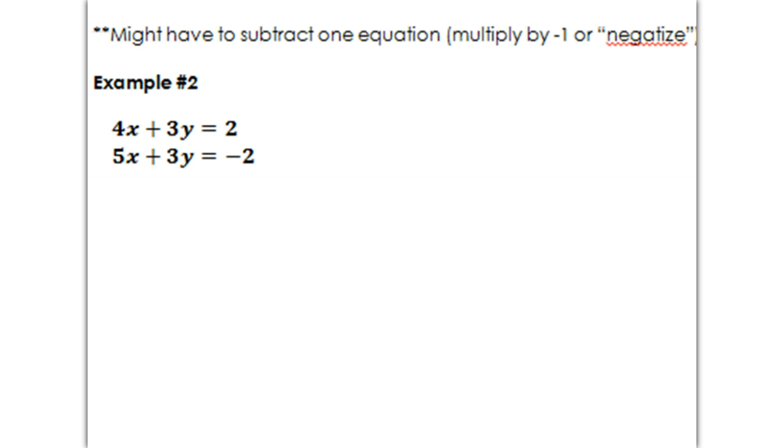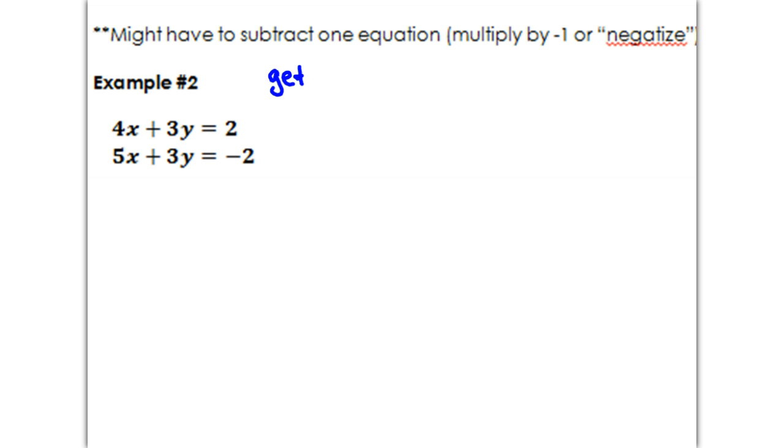So now we'll look at the second system of equations, and here we'll actually have to do a different type of thing. It says we might have to subtract one equation, and you can do subtraction actually. Instead of adding in columns, you can subtract in columns. I think that gets a little more confusing. So what I like to do is